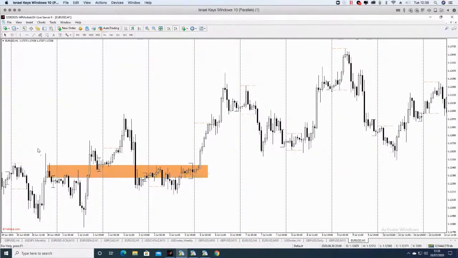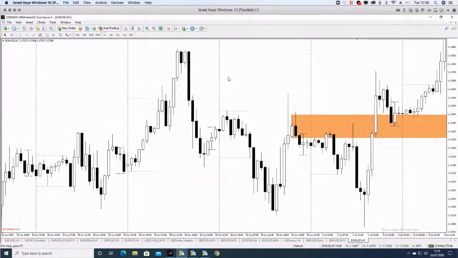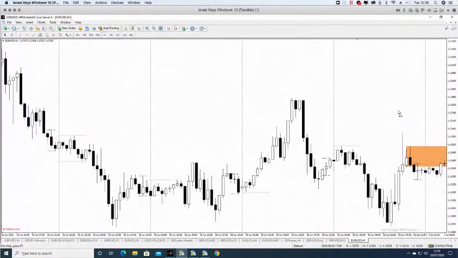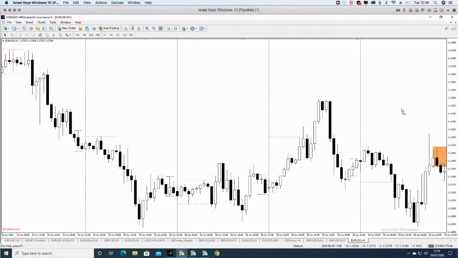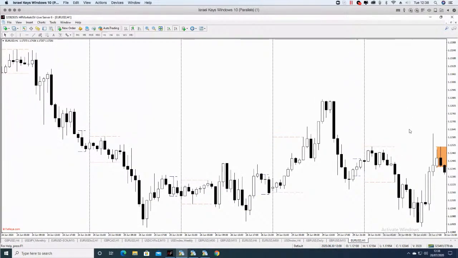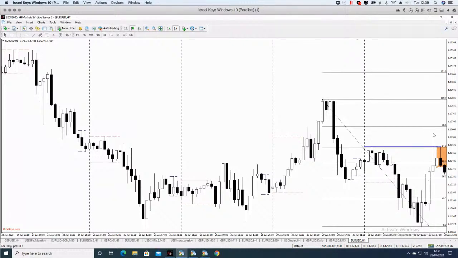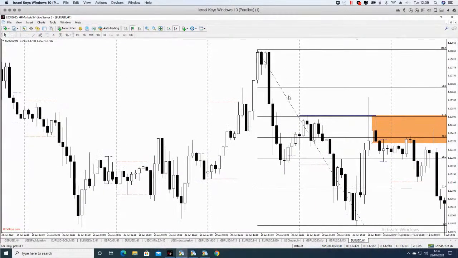You see that there? When that was forming, let's blow it up a little bit. Let's take it up all the way to that high there. When that was forming, that would have looked like a bearish order block, right? You would have thought, okay, I know what's happening. Price has taken out that intermediate liquidity. The range is really from here to here, right? That has given us a premium retracement into a sweet spot, and we expect to see a drop, right? Well, wrong,